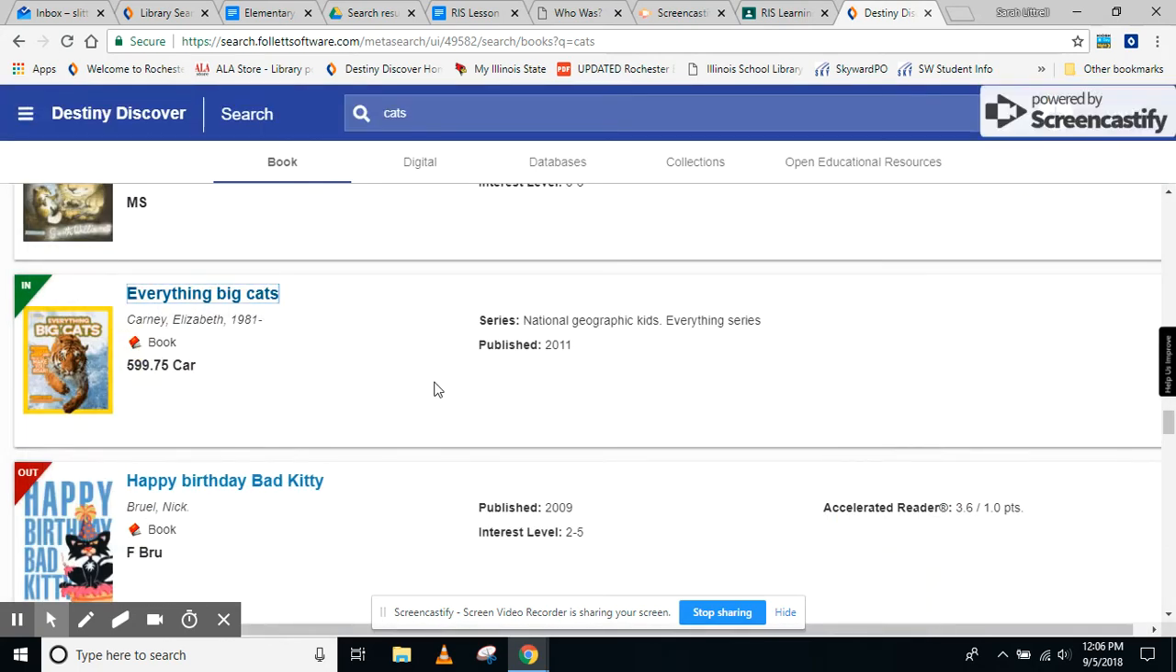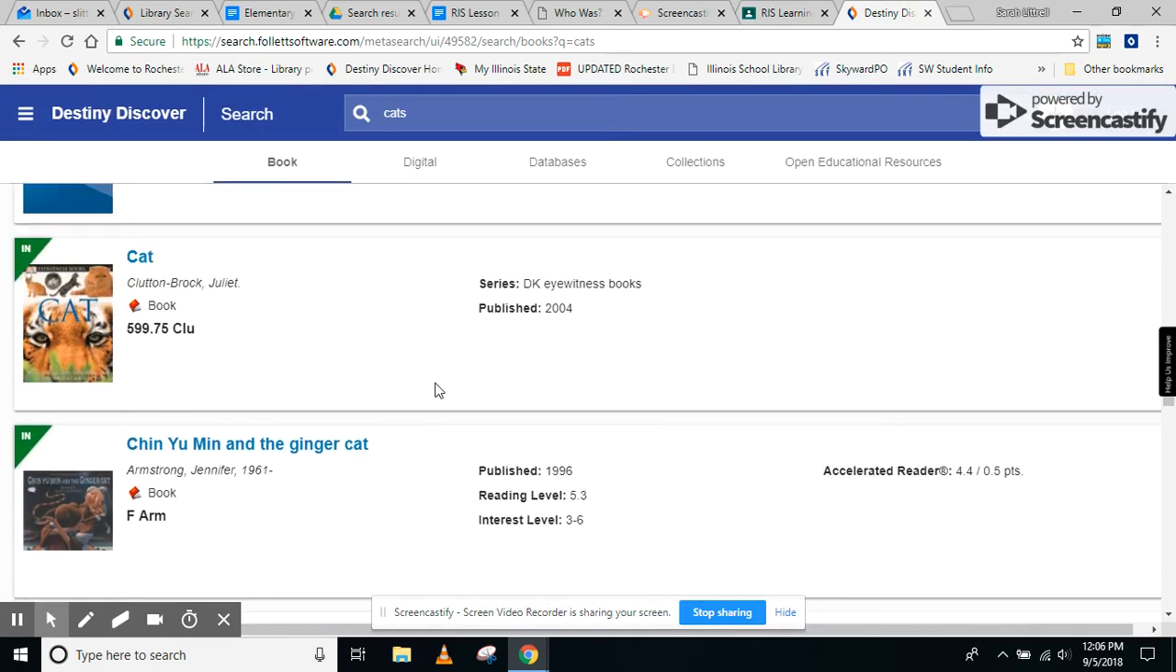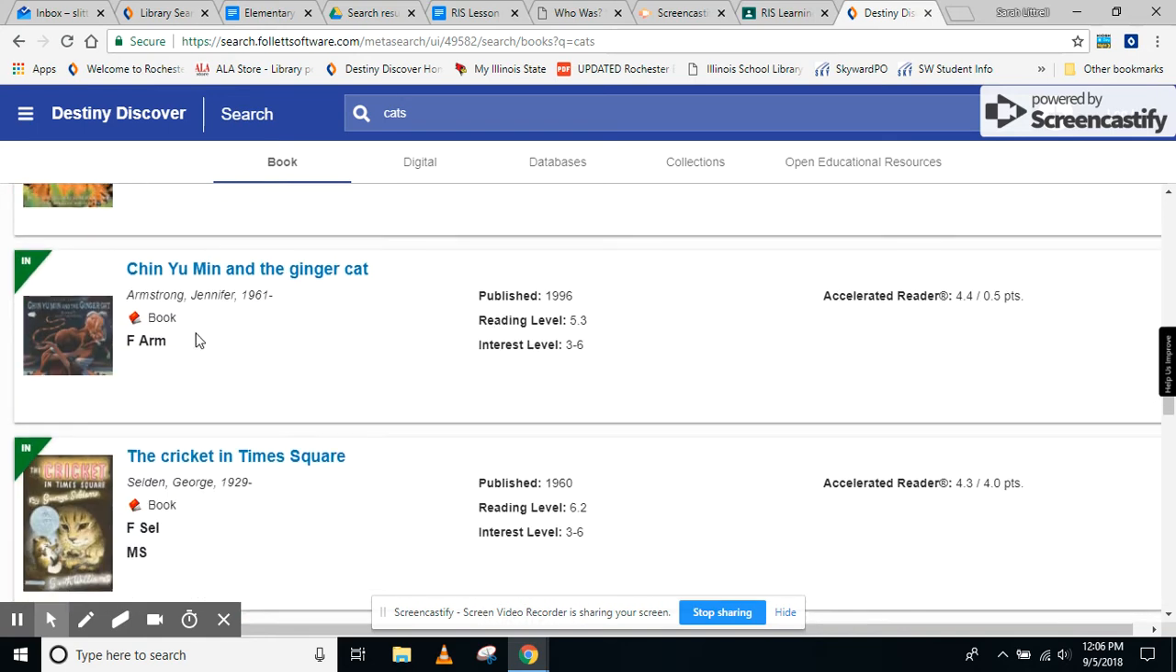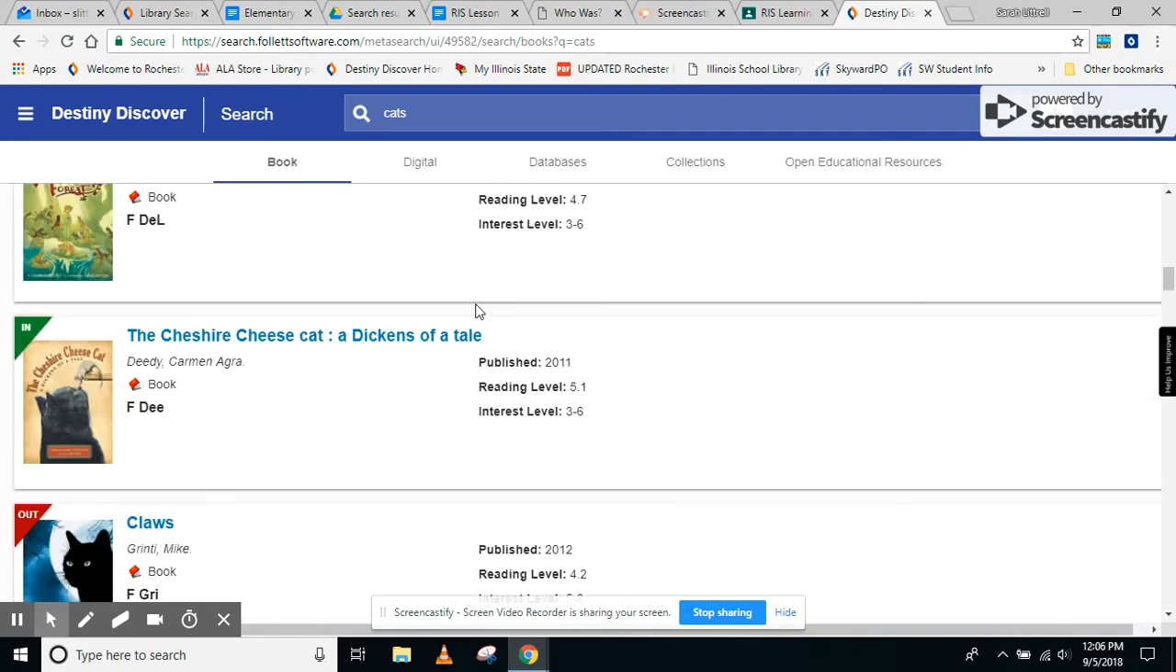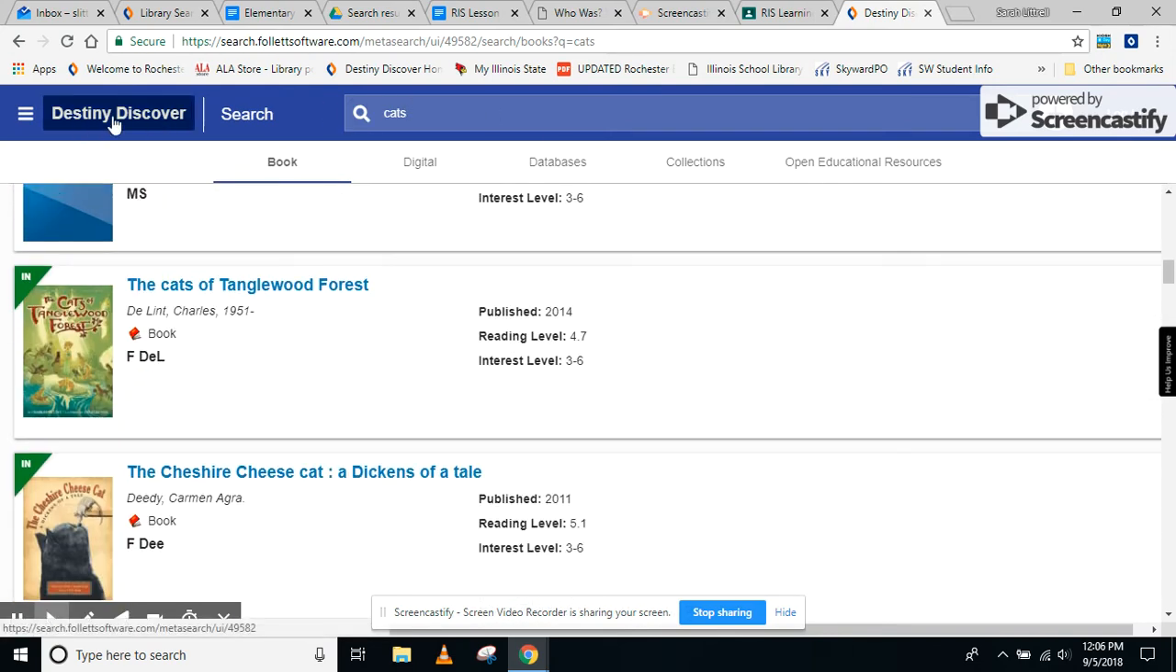Okay, so just one more time. If it has a number in front of it, it is nonfiction. So I go to the nonfiction side. If it has an F in front of it, then I know it's fiction, so I'll need to go to the fiction side. Okay? The next thing I need you to do is to go up to the top